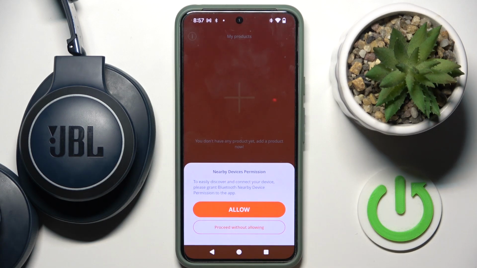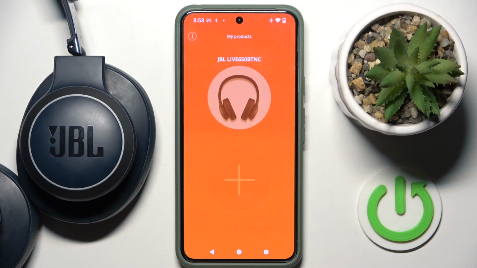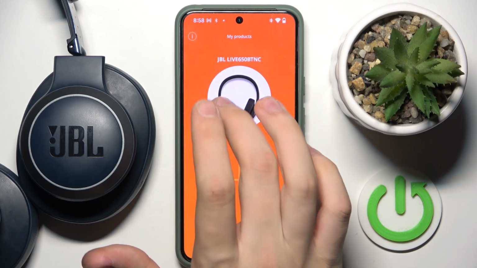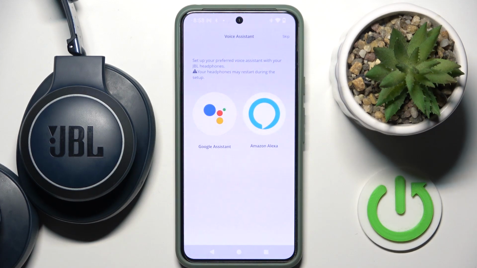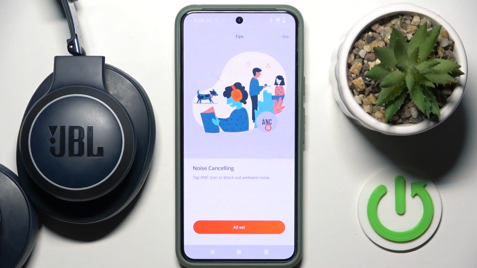I will accept. Here we have to tap allow for nearby devices, allow, and as you can see, my products JBL F650 BTNC. You have to tap on it, and as you can see, voice assistant. Set up your preferred voice assistant with your JBL headphones. I will skip this process, but you can add your preferred